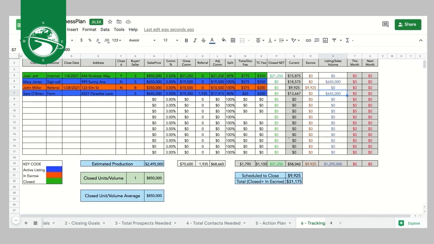All right, so now we negotiate the sale of the listing, and it's now going to be in escrow under contract. All I have to do is come in. I could put now the estimated closing date is going to be 3/21, for example. Not closed yet, still a seller. All I have to do to turn this orange is to grab what this commission is going to be, the closed net that's going to be to me, which is 17,415, and I have to put it,